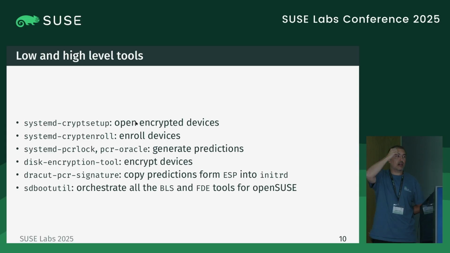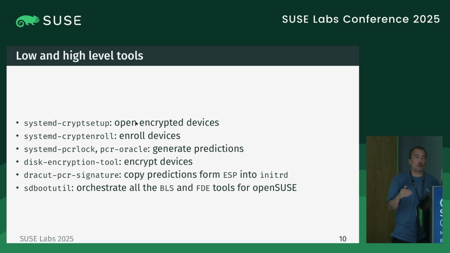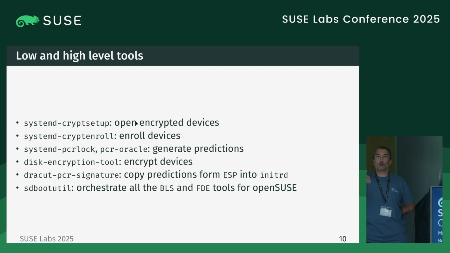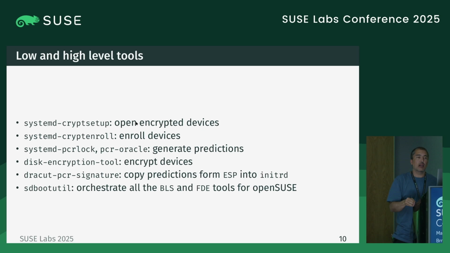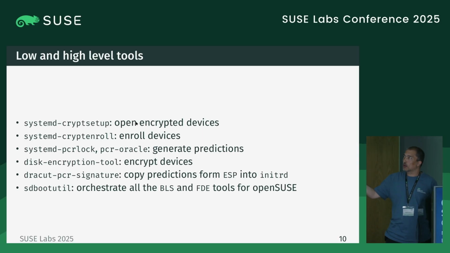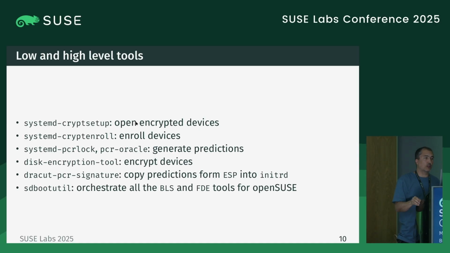For that, we are going to use a set of tools. systemd is going to be considered the low level here, and we are going to use the expected tools. So systemd-cryptsetup in order to mount the device and to open the secret and to make sure that the policies are all in place, are okay. systemd-cryptenroll to enroll devices. You can have more than one device, more than one partition that is going to be encrypted and going to be opened during the initrd or after the switch root. It's your choice. You can use crypttab to choose when this is going to be opened.